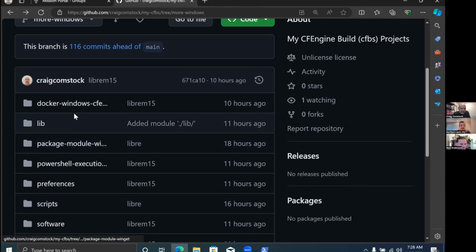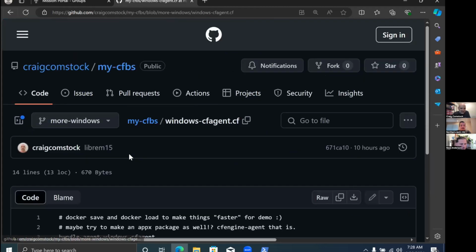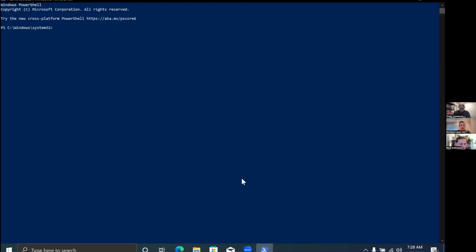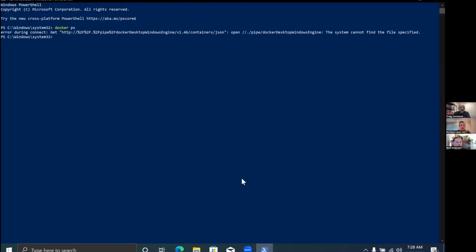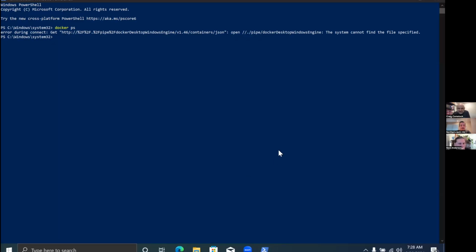What else? And then I was kind of working on policy to start the agent. Let's see if I can finish up with that. Oh, I need to start the Docker desktop. Yes. And then